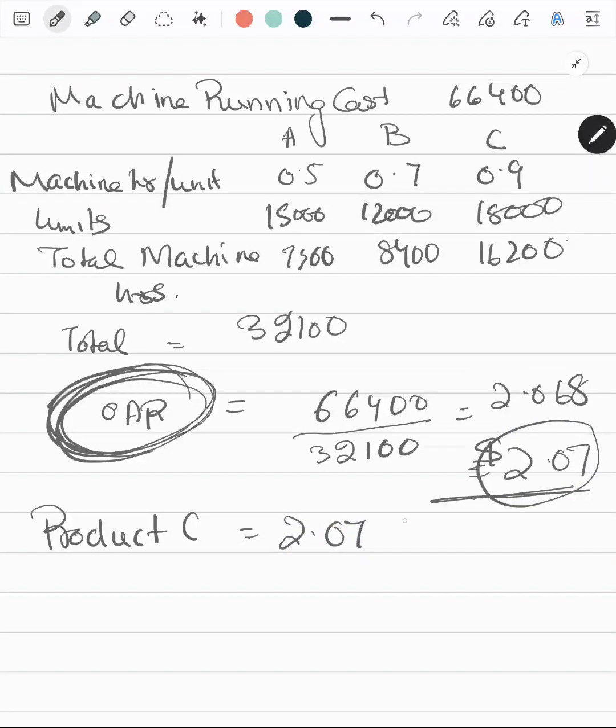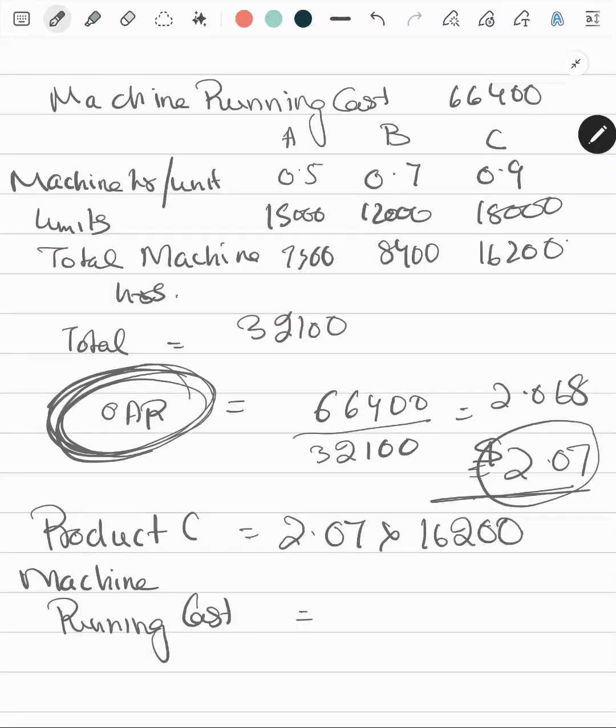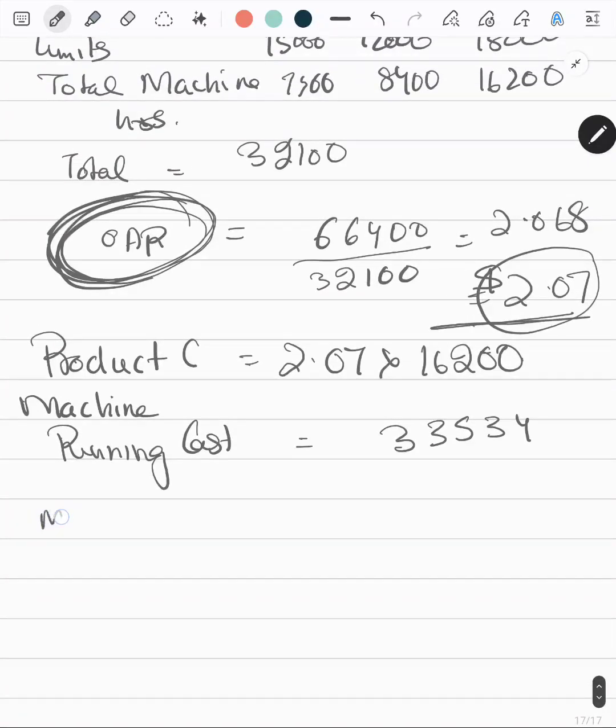2.07. It should be 2.07 multiplied by the machine hours per unit, or the machine hours. So for product C, the machine running cost is 2.07 into 16,200, which is 16,200 into 2.07, 33,534, and so the machine